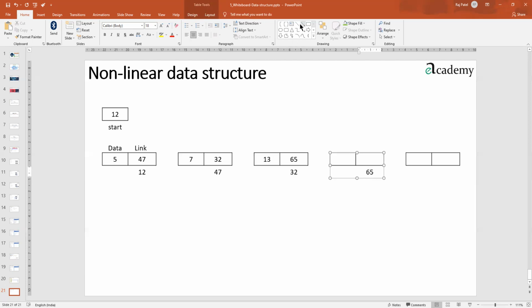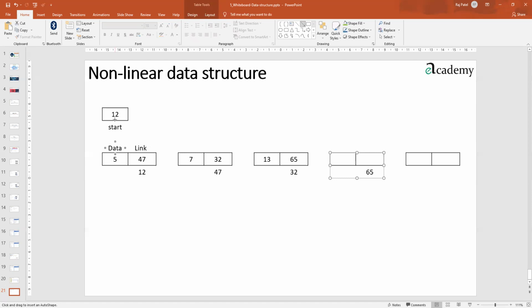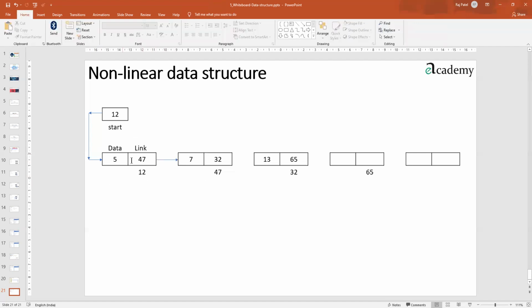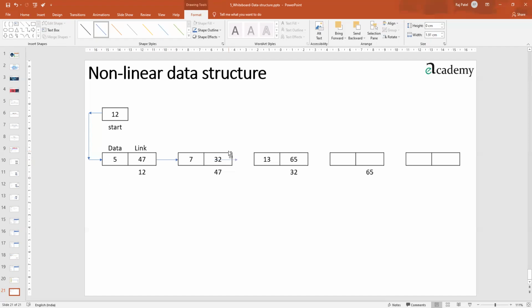So how are things happening? This particular box was linked. This had a link to this box. This has a link further to this box. How? Because this box has a next link as 47. Likewise, this 65 number box has a link to the 32 box.